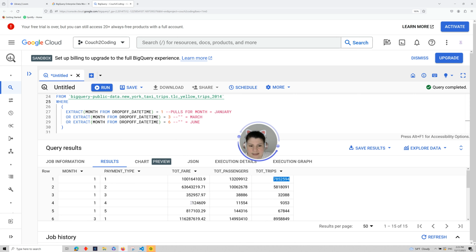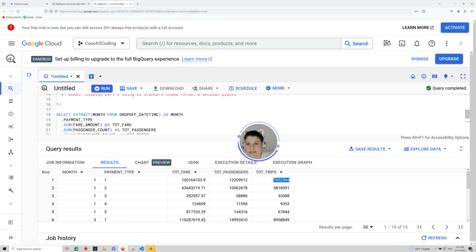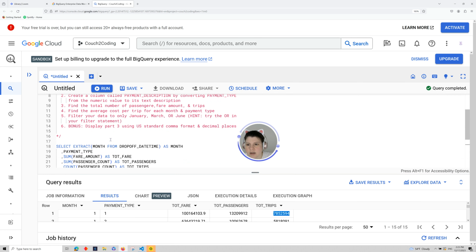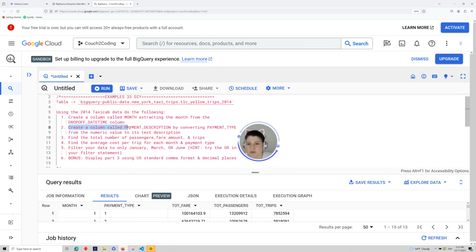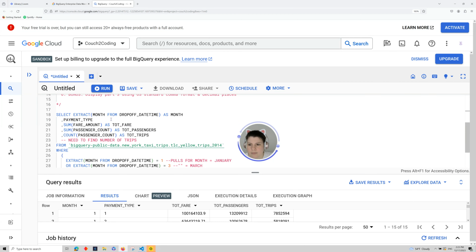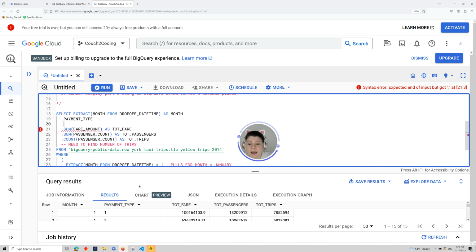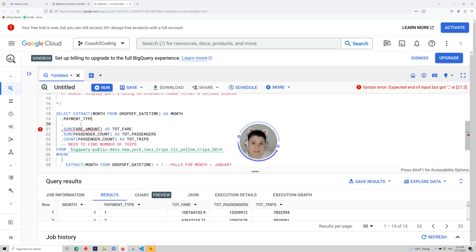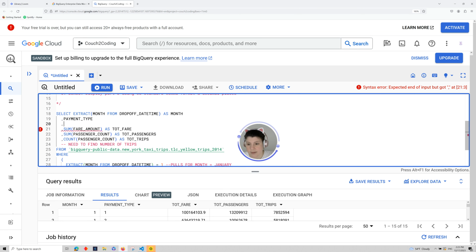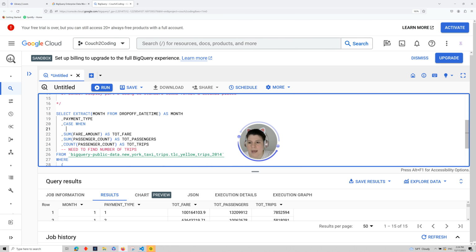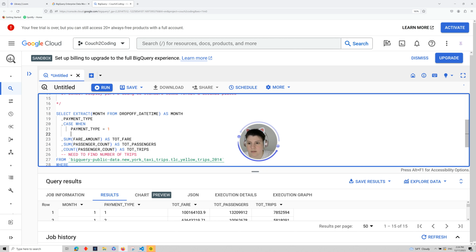Okay. So now that we have this, we're feeling pretty good, but we didn't accomplish part 2, which is create a column called payment description by converting payment type from the numeric value to its text description. Okay, we can add that right under here under payment type. And since we have 5 different payment types, we should use a case statement and not an if. So we're going to say case when payment type equals 1,